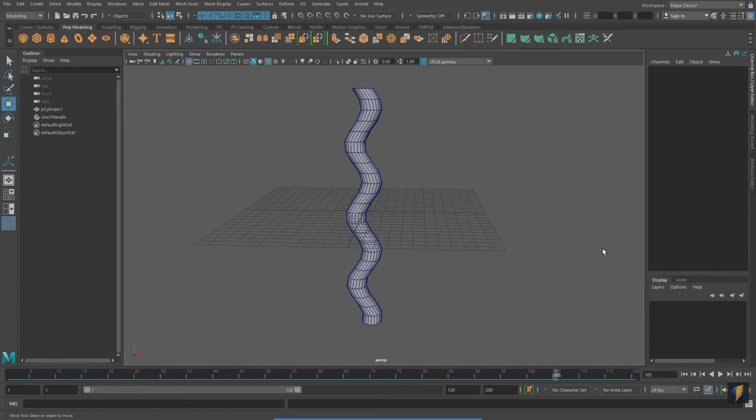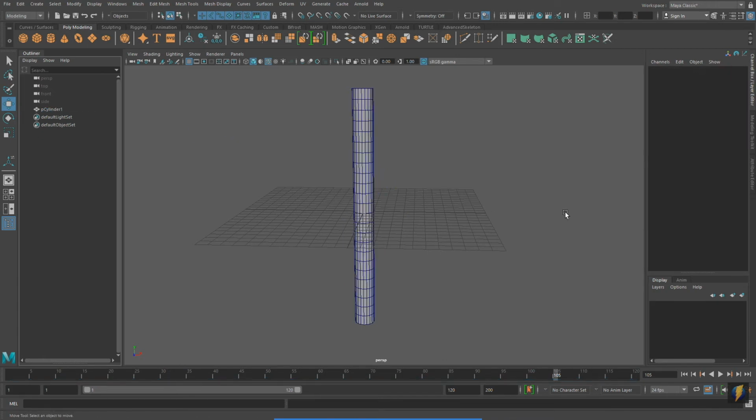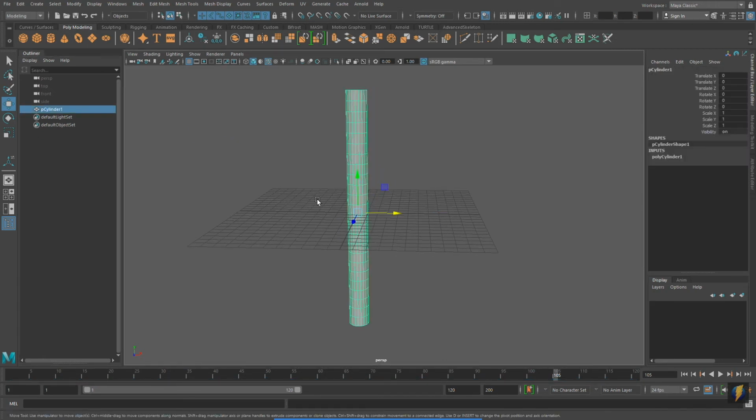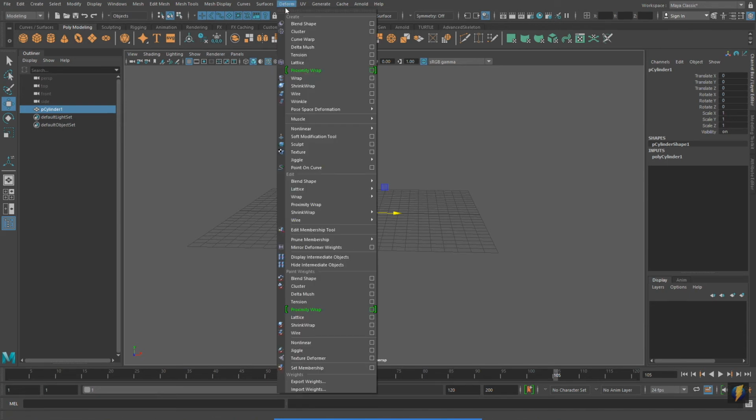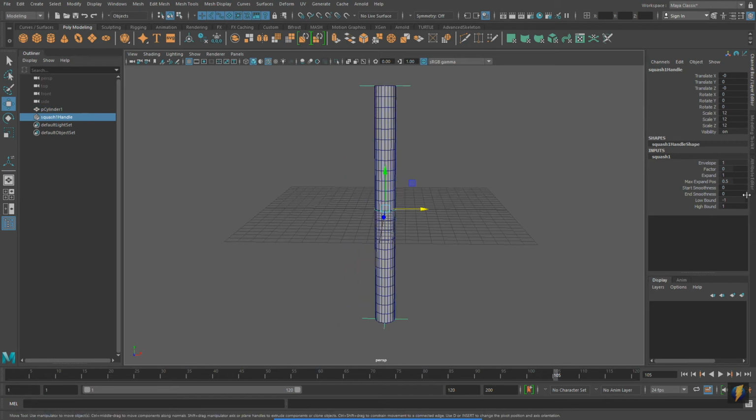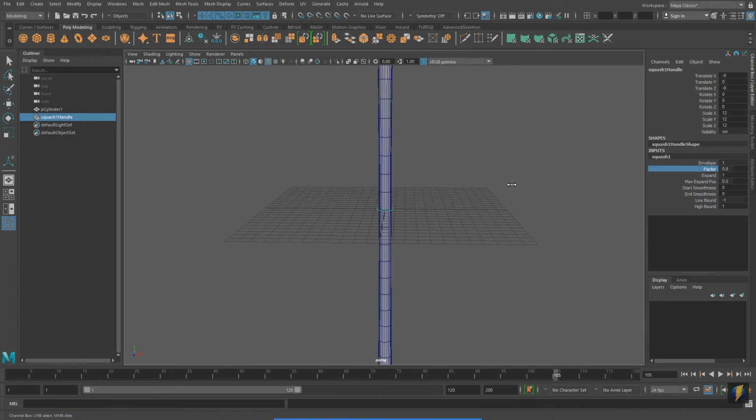We'll now take a look at the squash nonlinear deformer, and I'm going to select my deformer here, delete it, just so that we have the regular cylinder to demonstrate this squash deformer. So with my cylinder selected, I'll go to Deform, Nonlinear, Squash, and you'll see that we have this property factor, and if I adjust it,